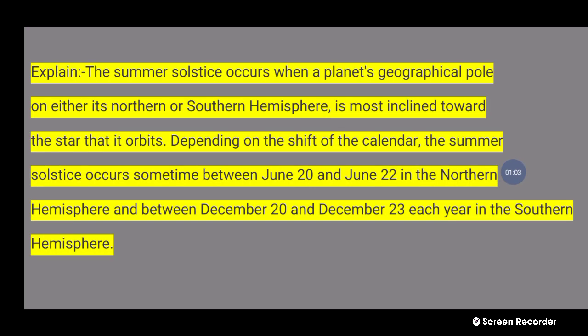51 number question, explain. The summer solstice occurs when a planet's geographical pole, in either the northern or southern hemisphere, is the most inclined toward the star that it orbits. Depending on the shift of the calendar, the summer solstice occurs sometime between June 20 and June 22 in the northern hemisphere, and between December 20 and December 23 each year in the southern hemisphere. Next question,